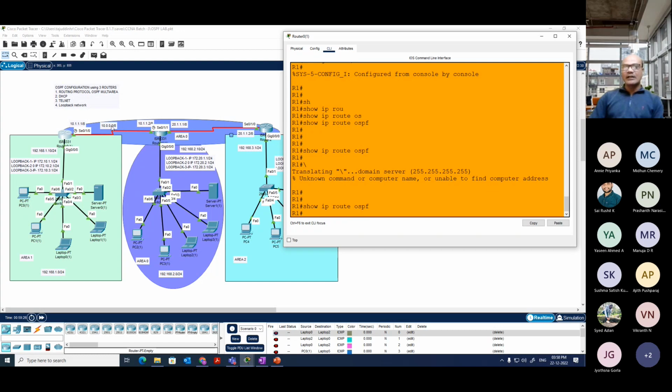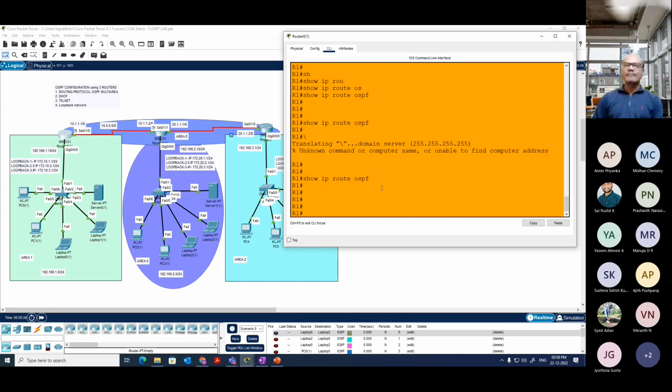Same thing for the 10 network, we should tell this router there is one more network, and we should also give the updates. You have to configure this one as well. You can see that the router is not forming the adjacency. Can you see? I'll repeat once again. For this router, which is connected to area 0, we have to tell them